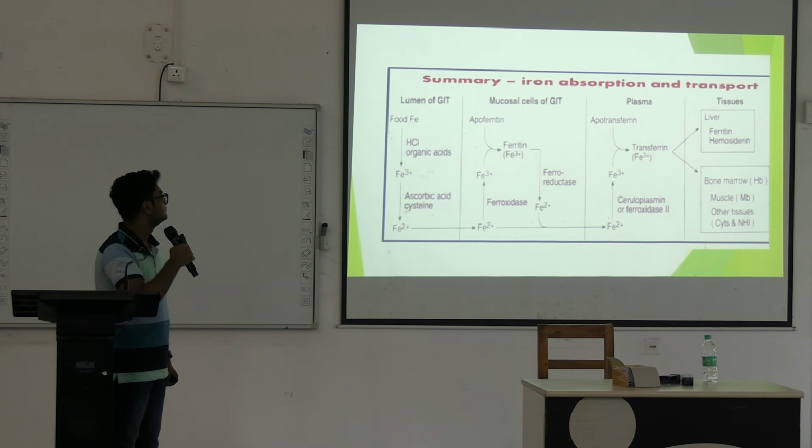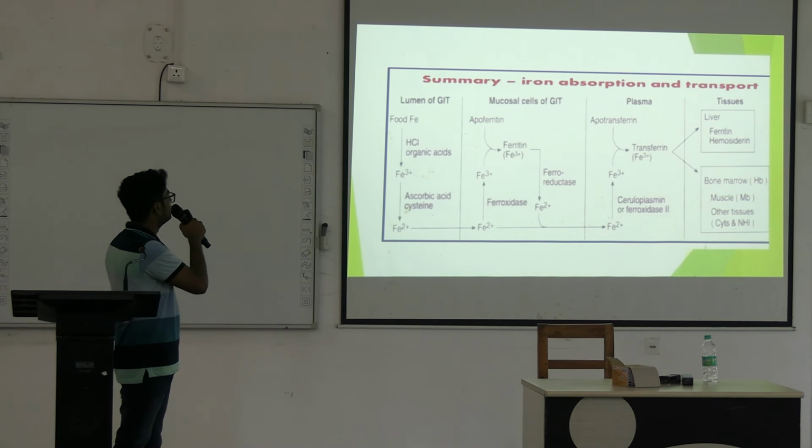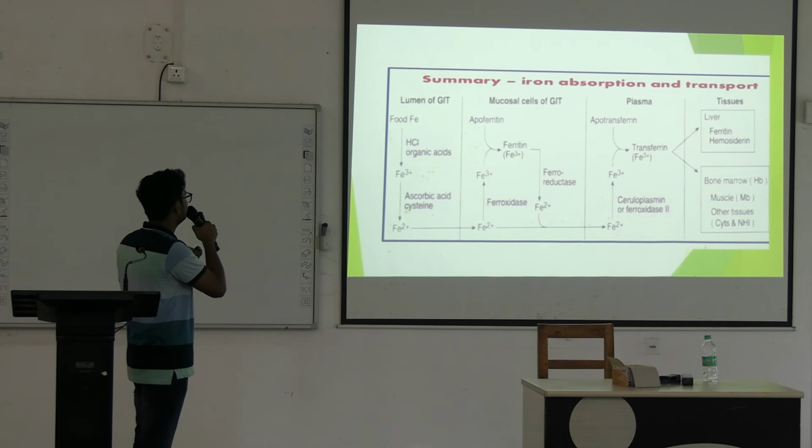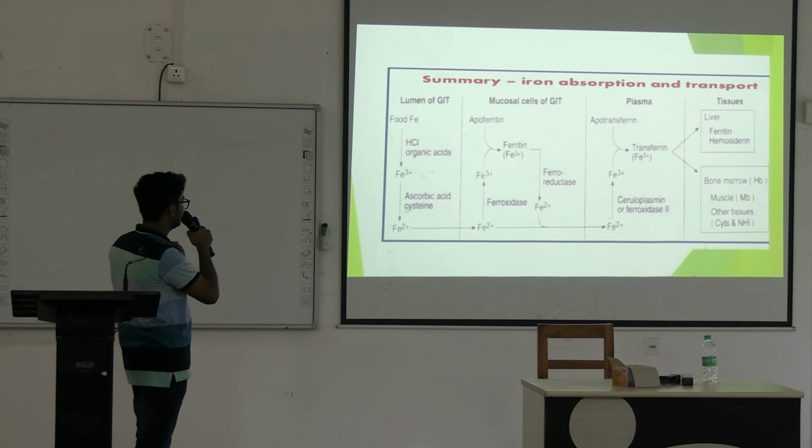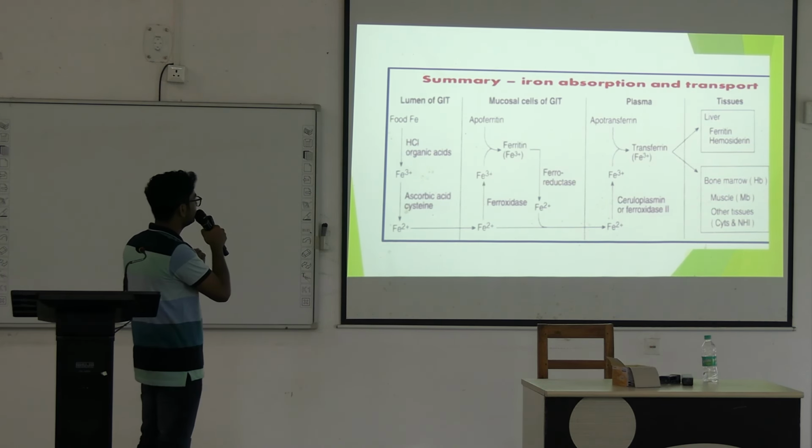This is a small summary table. We can see that in the lumen of the GIT, iron present in food is converted by HCl and organic acids and transformed into the ferric ion, then ascorbic acid and cysteine convert it to the ferrous ion. Then it is transported by the divalent metal transporter to